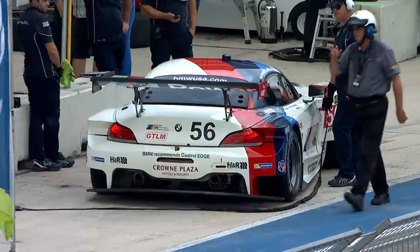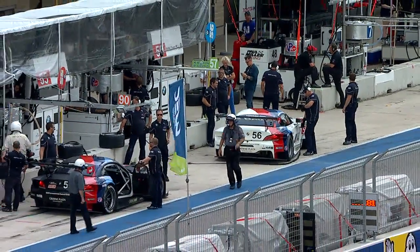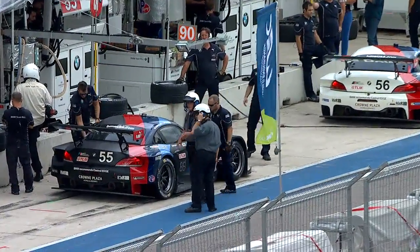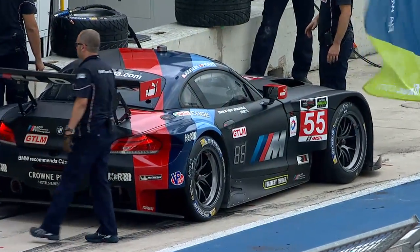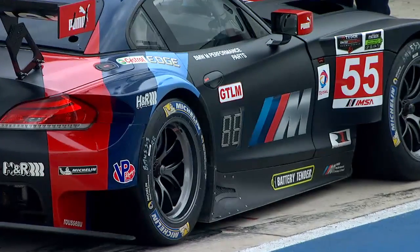Look at this, the back of this BMW. You can see how aggressive the aero is on these cars. This is special stuff. Oh, it really is. This is what gets me really excited about this. When you've got these GTLM cars going out, because they are here to win. You've got factory BMW effort, factory Corvette, factory SRT, a pretty much factory Ferrari when you look at Risi, because